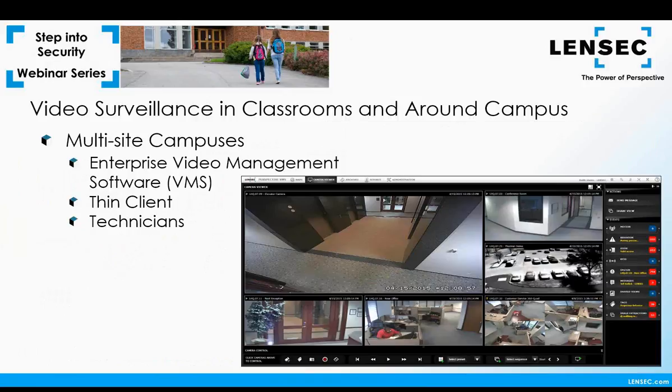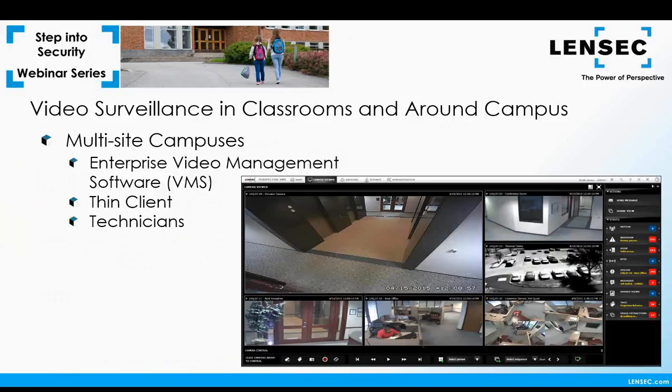One recommendation I would make would be choosing the right VMS for your enterprise surveillance deployment. You want to choose a VMS that uses a thin client on the edge of the network. Prospective VMS is a good example to point out here. What we're talking about is users at the campus location accessing the centrally stored data via their web browser. No software needs to be installed or maintained on the client workstations.